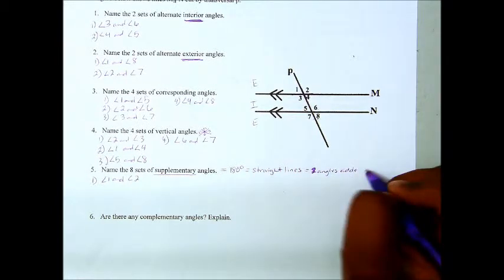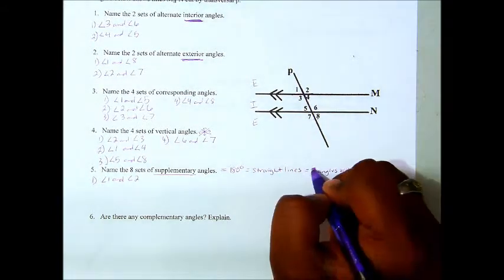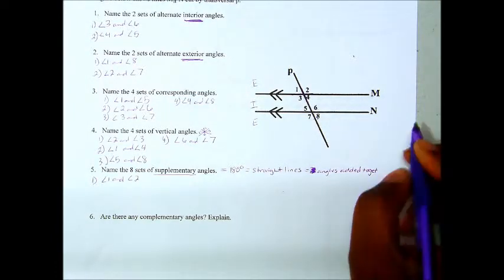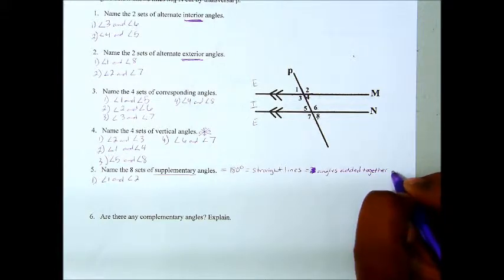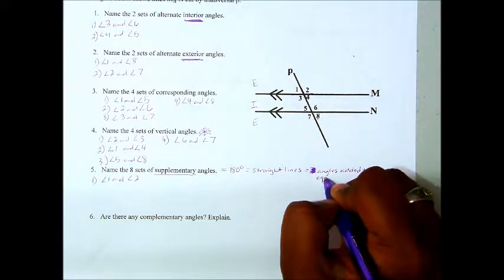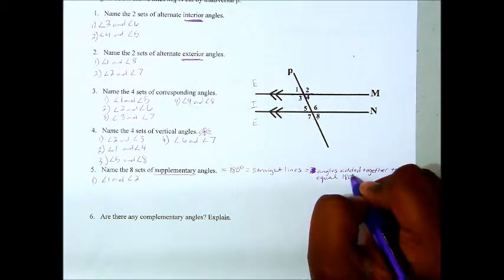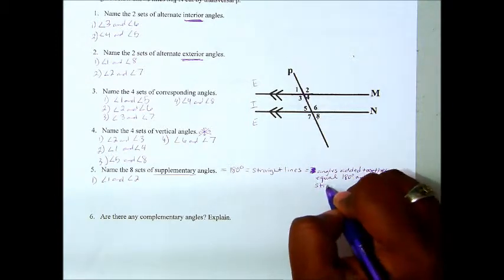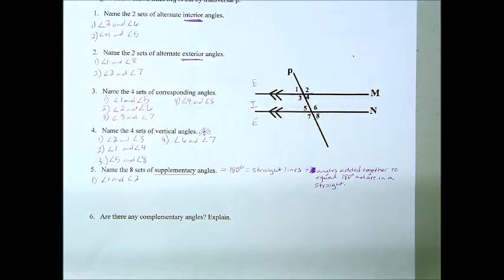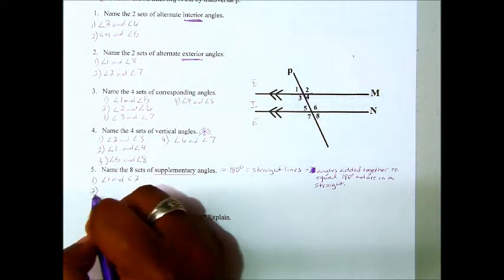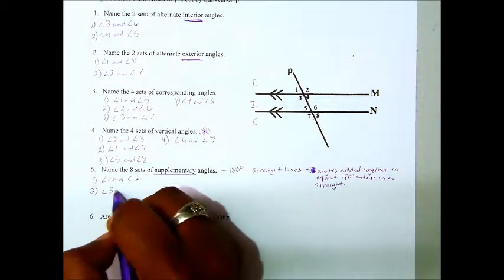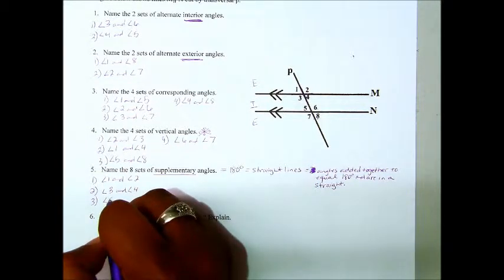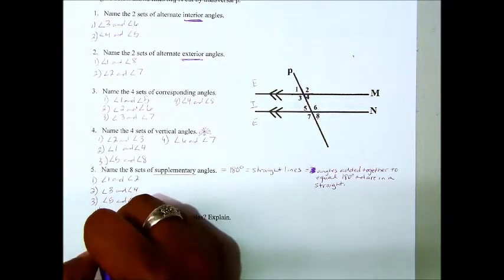And we're going to say angles added together, because sometimes it can be more than two. Angles added together to equal 180 and are in a straight line. All right? So we got 1 and 2, 3 and 4, 5 and 6, 7 and 8,